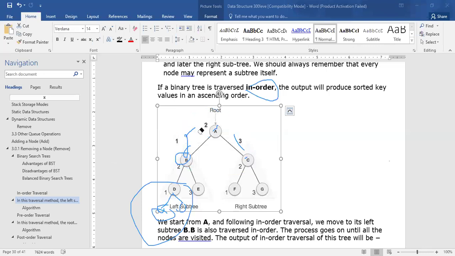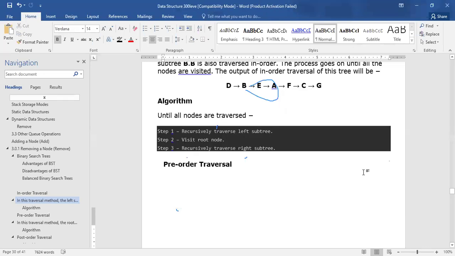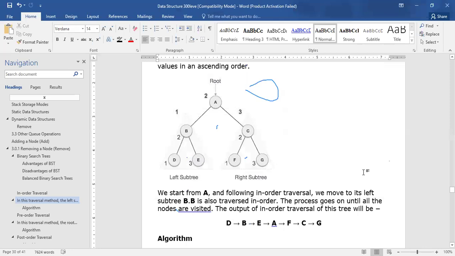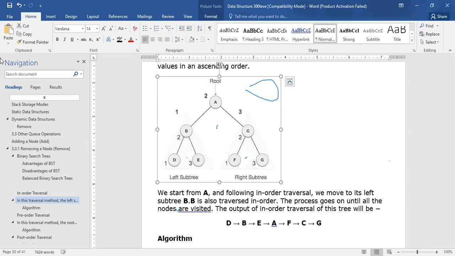So when you are asked to traverse this tree and write the order in which it will take, the simple thing we do at this point is: the order of this will, first of all, be